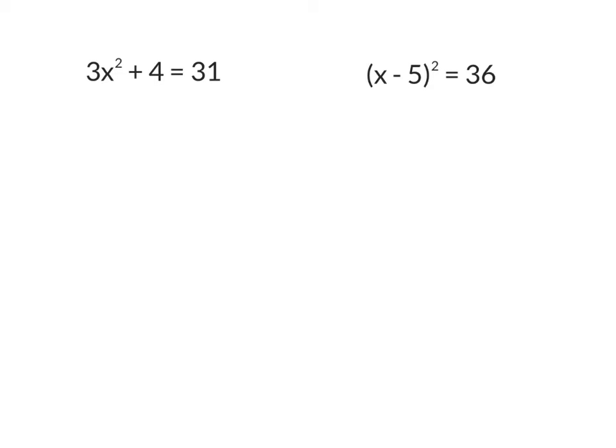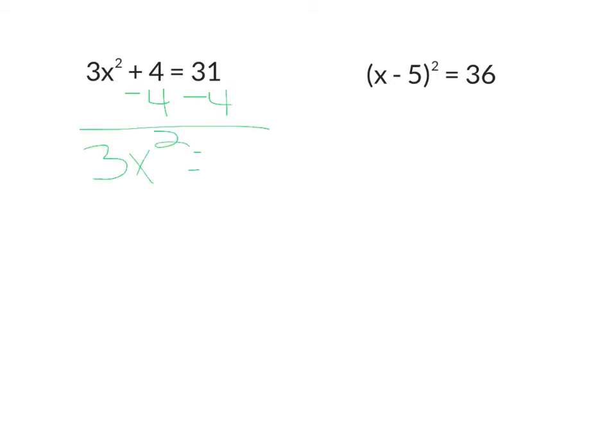Next, I would like to look at the example 3x squared plus 4 equals 31. Now in here I have 3 operations to undo. I have to undo my multiplication, my exponent, and my addition. The first one that I always get rid of first is addition or subtraction. So I'm going to get rid of my addition by subtracting 4 from both sides and rewrite my equation as